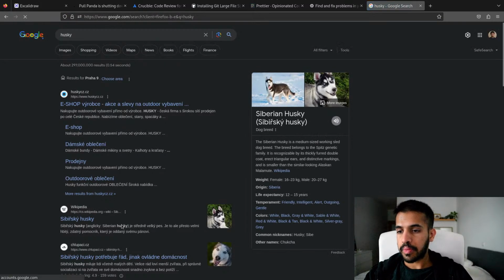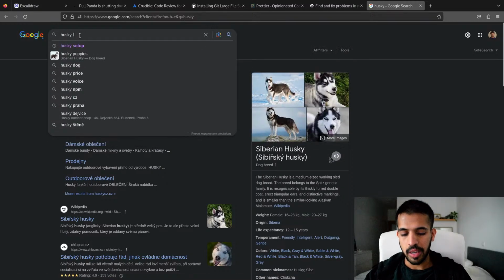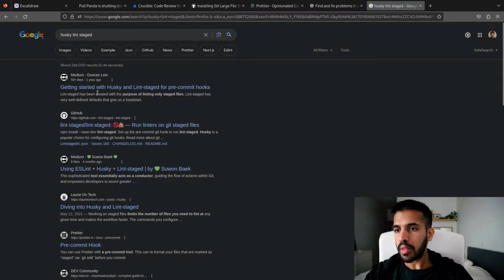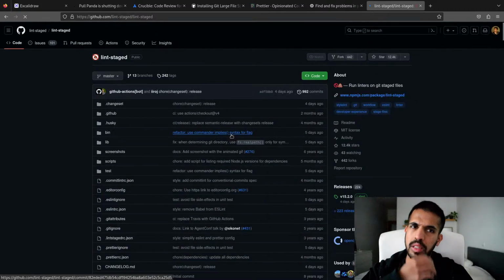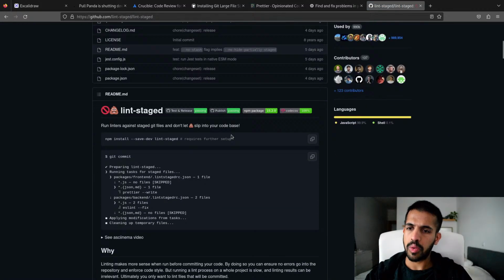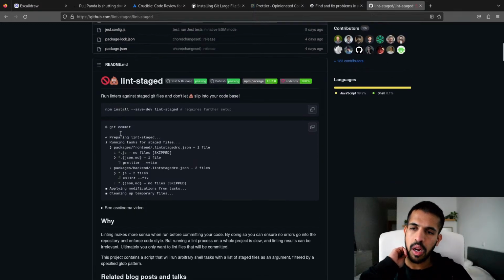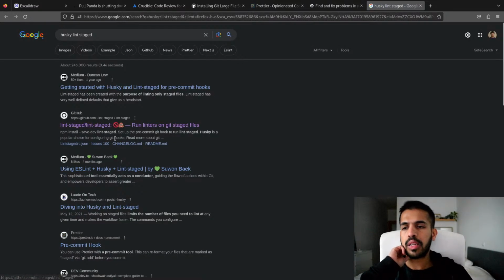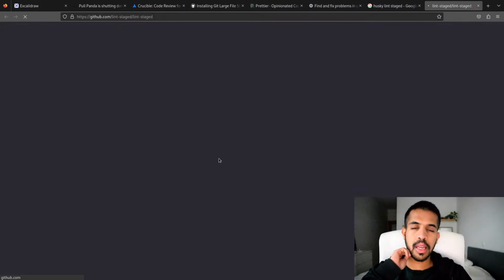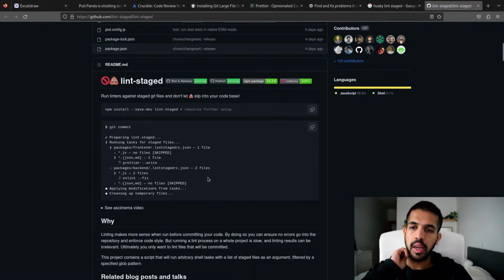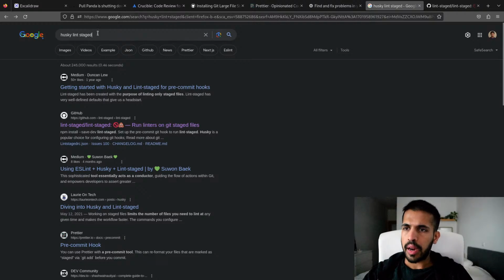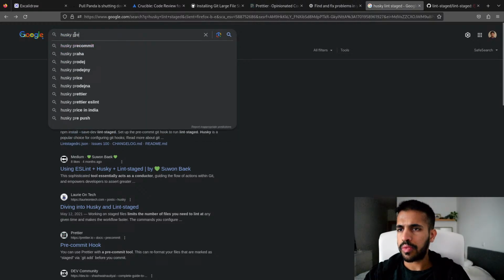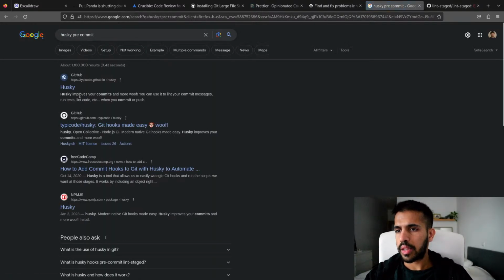It's now showing me actual Husky's staged. So I think it's now called lint-staged, probably. I'm not sure. Yep, I think it's lint-staged, where you can just set up pre-commit hooks. Well, it's Husky plus lint-staged. Lint-staged is the actual thing that lints the staged files rather than the entire repository, so that it's faster. And Husky, I think you have to look for it with pre-commit like this. Yeah.